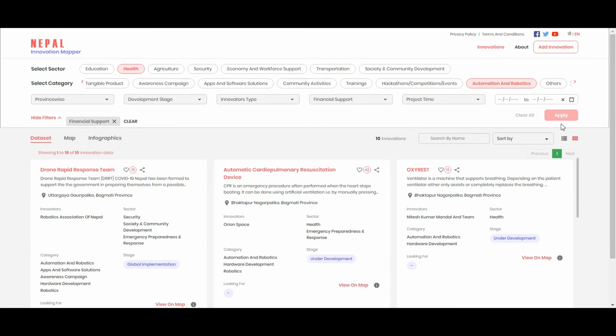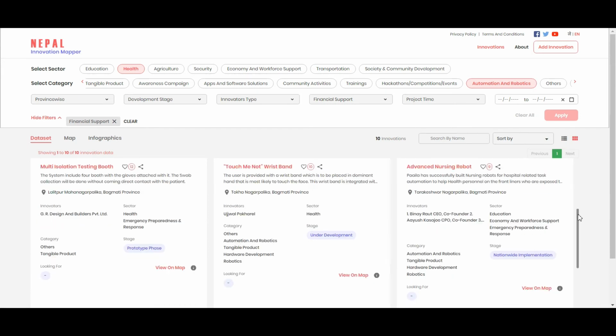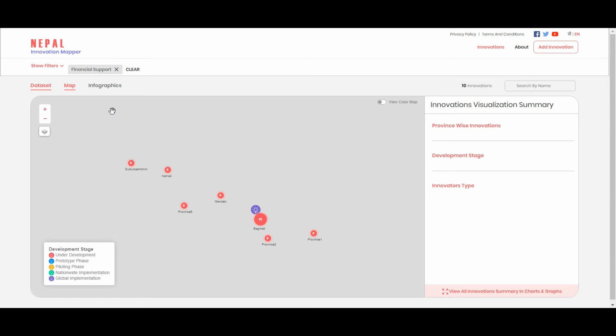Here, we can get the selected data. Similarly, only the details of the filtered and selected data can be viewed in the collected data, maps, and infographics.